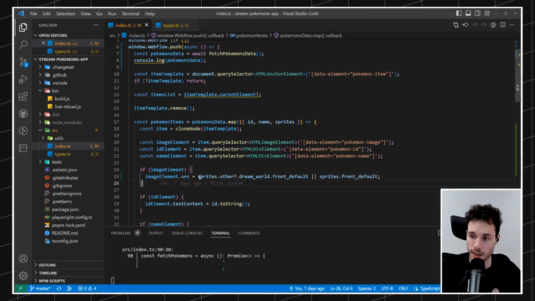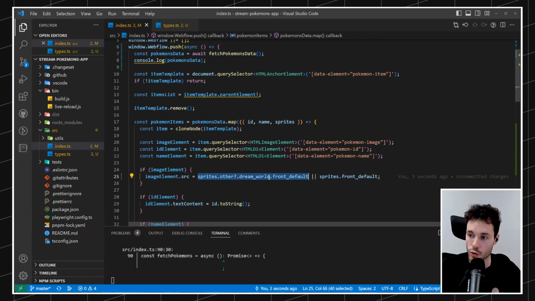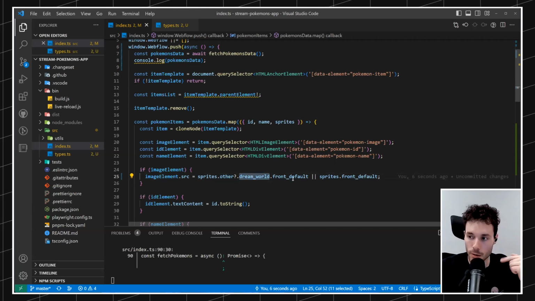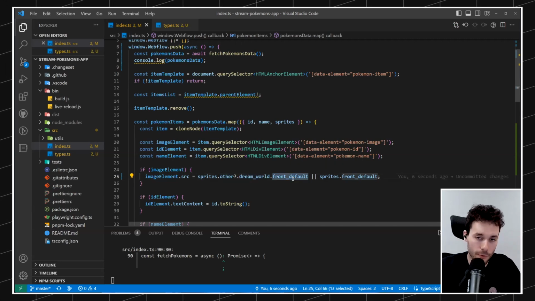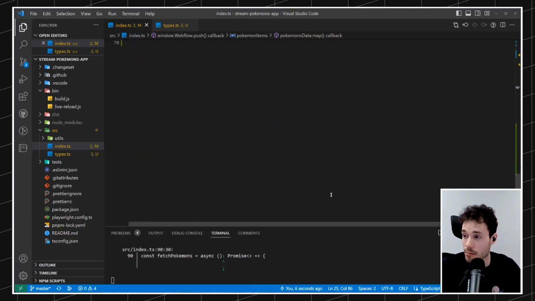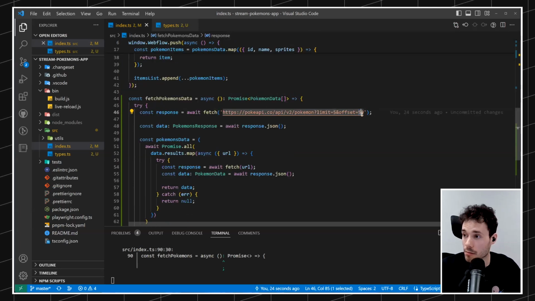Okay, so essentially I'm just saying, hey, try to get this from the SVG, from nested property of other dream world from default. But if for any reason it does not exist, then just fall back to the front default. Okay, I think that should not affect at all, but yeah, we'll just